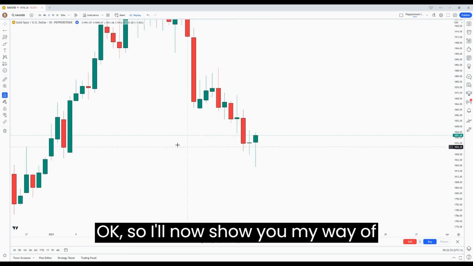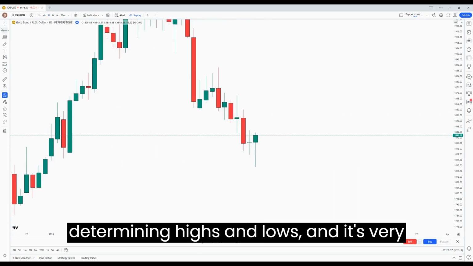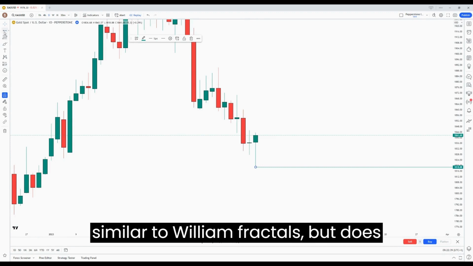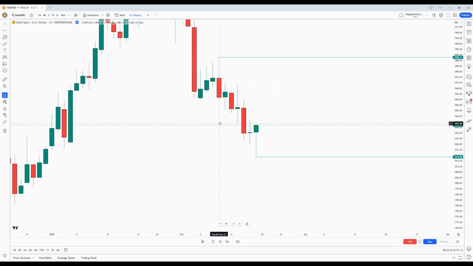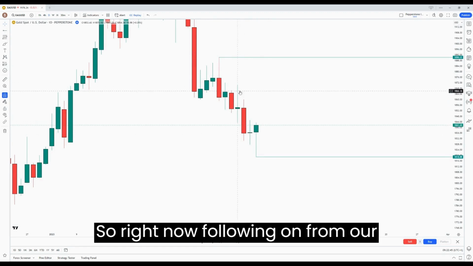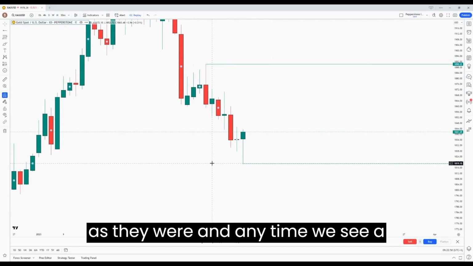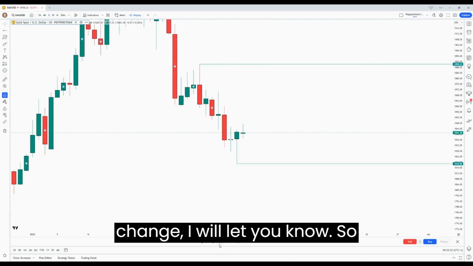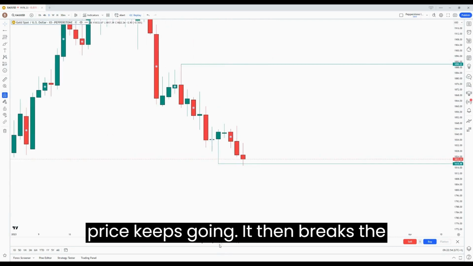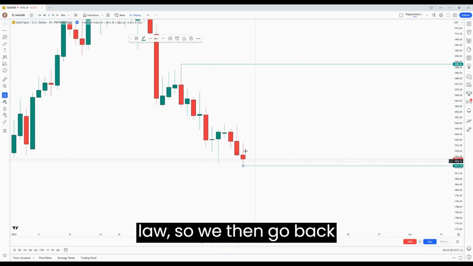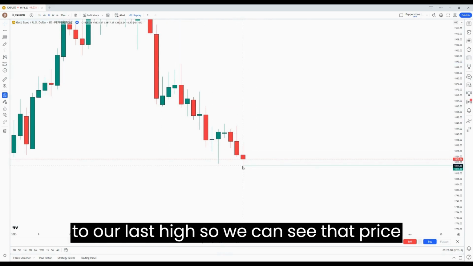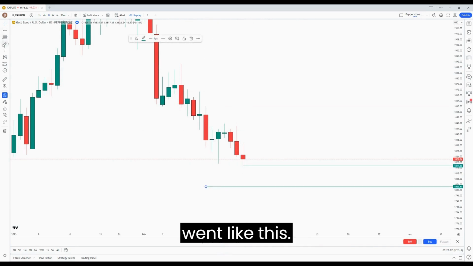Okay, so I'll now show you my way of determining highs and lows. It's very similar to Williams Fractals, but does have a slight difference. So right now, following on from our fractals, lows and highs, I'll keep them as they were, and anytime we see a change, I will let you know. So price keeps going, it then breaks the low. So we then go back to our last high. So we can see that price went like this,